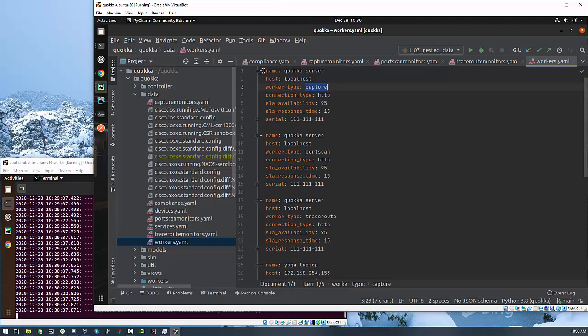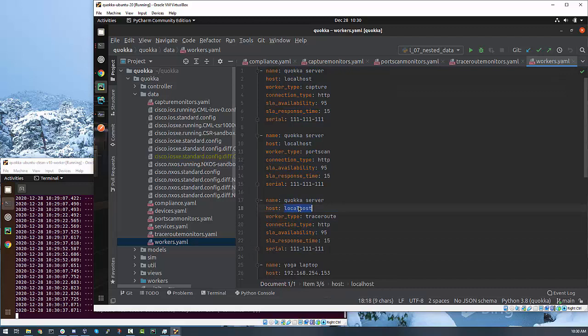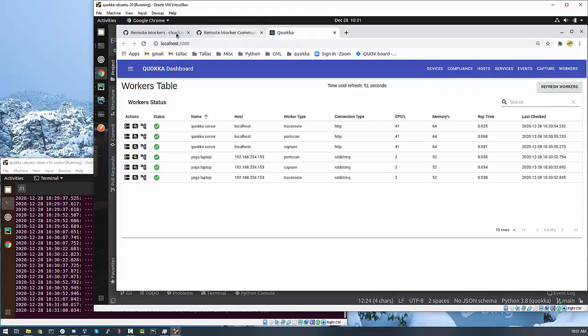So let's look here. We mentioned before we have these three, which are all running on host localhost. That's the serial number we noticed that it has. You'll notice in here also we have important information for keeping track of service level availability, because we may want to show that at some point. This is very important. I need to be saying, what is my connection type? Why is that important? Well, because there are different types of